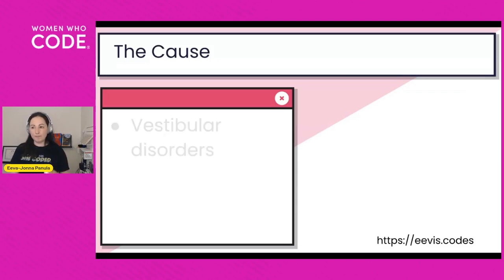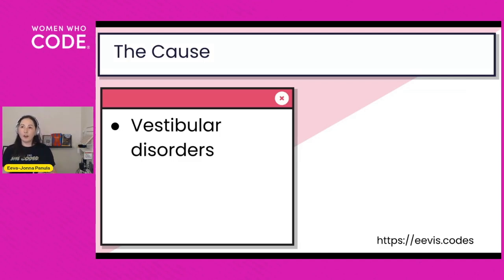So first of all, vestibular disorders. That's an umbrella term for different disorders or conditions that affect the vestibular system, the system that affects, for example, balance. And these are usually causes for animations triggering symptoms. Some examples of these vestibular disorders are benign paroxysmal positional vertigo, vestibular migraine,